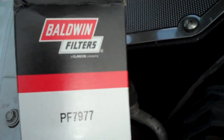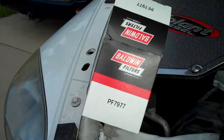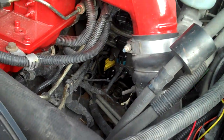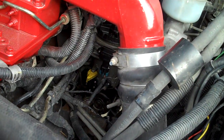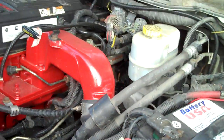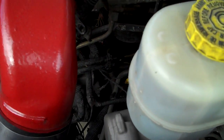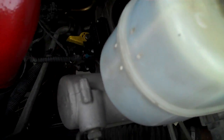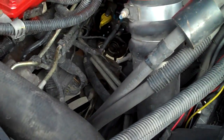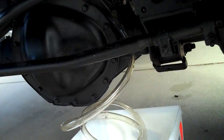All right, here's the fuel filter change on the 2007 Dodge 2500 Dodge Cummins diesel. Found out that I'm leaking diesel somewhere. I don't know where it's leaking from, but I've been smelling it for the past couple days. I smelled it really bad today, and it's got me concerned. I'm gonna go ahead and change the fuel filter. First thing you want to do is get yourself some hose and a bucket,